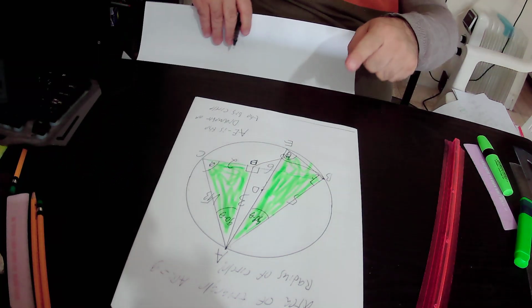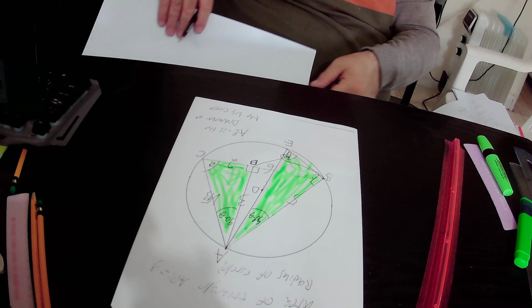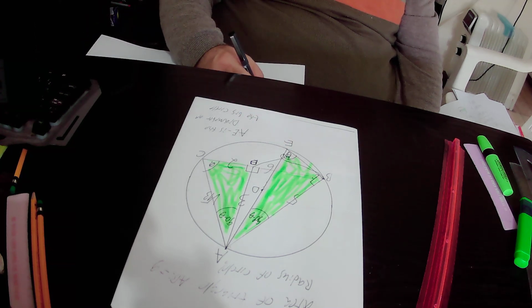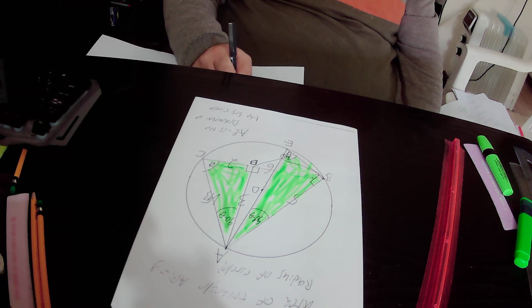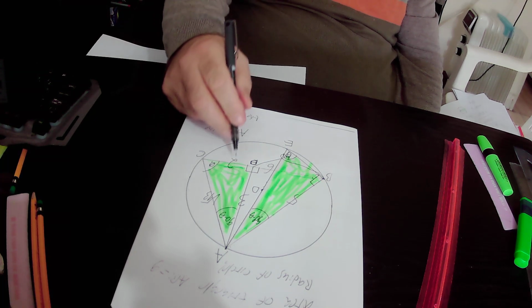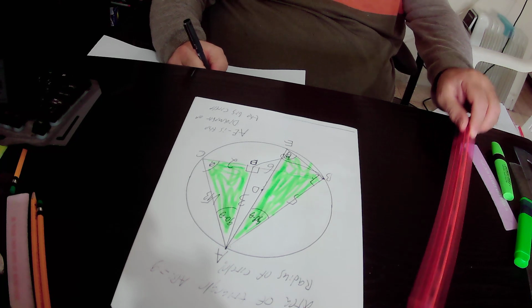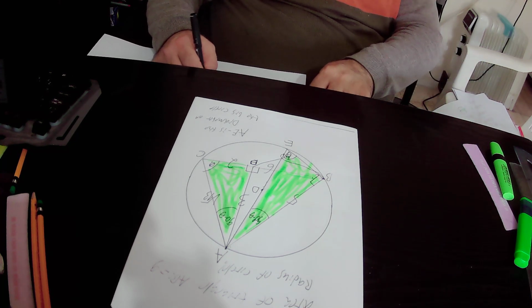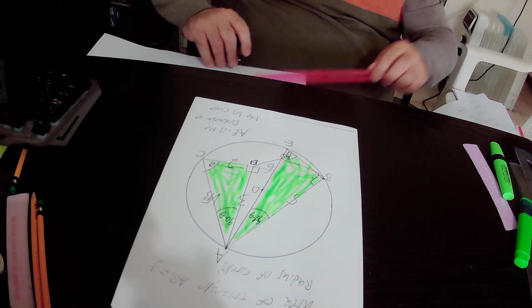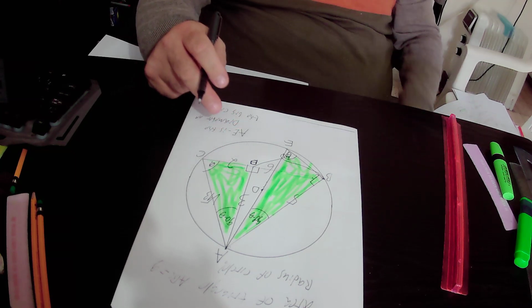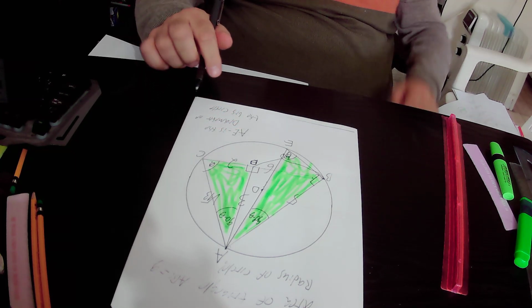We prove that the green right triangle, triangle ABE, is similar to the green right triangle, triangle ADC. So why are those two green right triangles similar to each other? First of all,